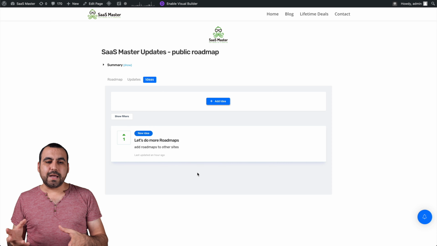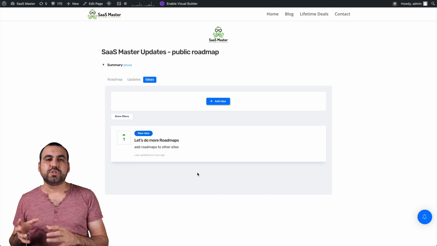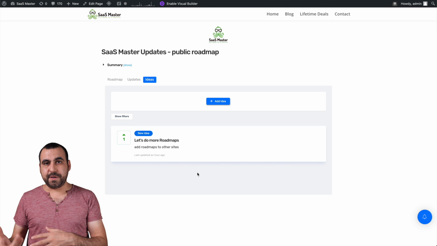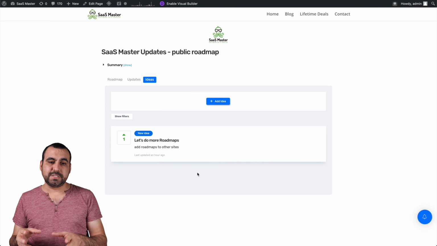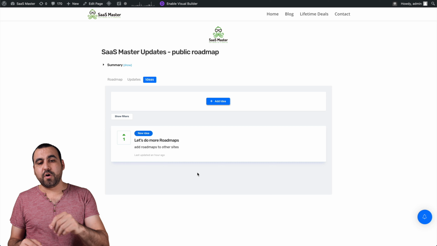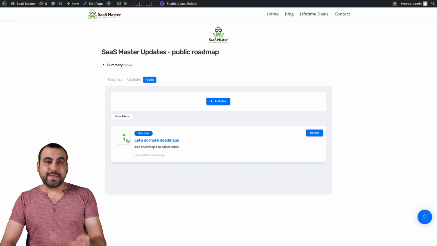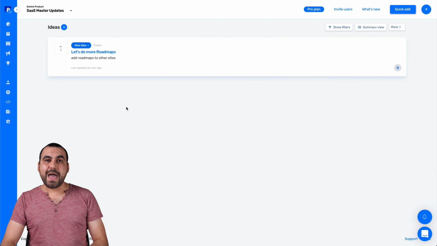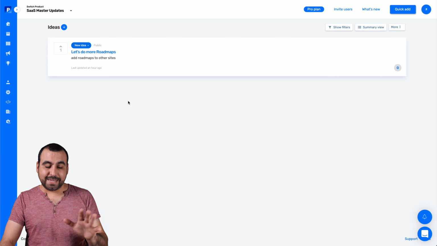One of the things I wish they had is a way for users to log in to vote, not just based on IP. So for example, the user would have to be logged in, I would say, for Product Stash to vote on it. That's something that's not available right now. So anyone, if you make this public, will be able to vote on it. That's just something that I wish they added. Maybe they will, I don't know. But overall, it's pretty good as it is.